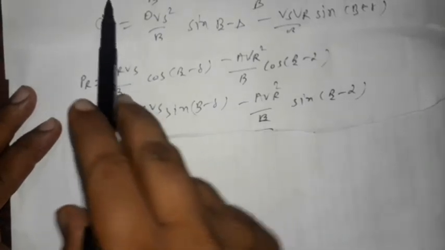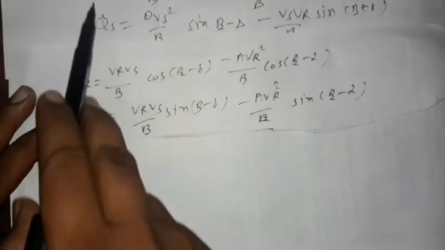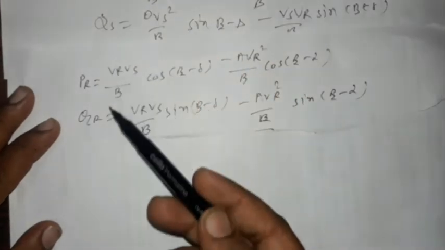Now we study for a small transmission line what is the effect on these two equations for active power and reactive power, sending end and receiving end. So here are the two equations for sending end active power and reactive power, and receiving end active power and reactive power that we have found in this lecture above. Now we apply them for a short transmission line and find the value of this active power and reactive power.